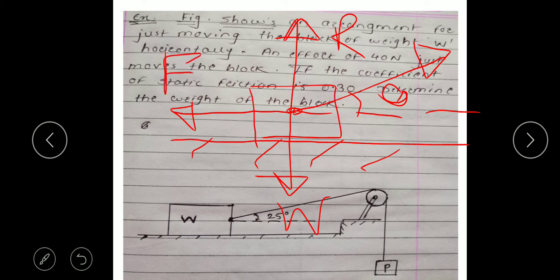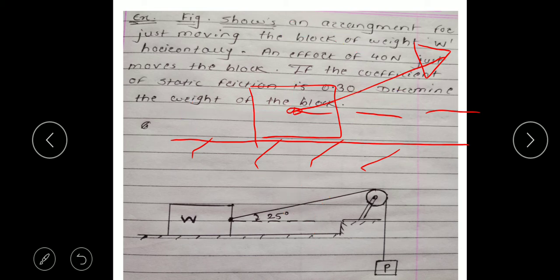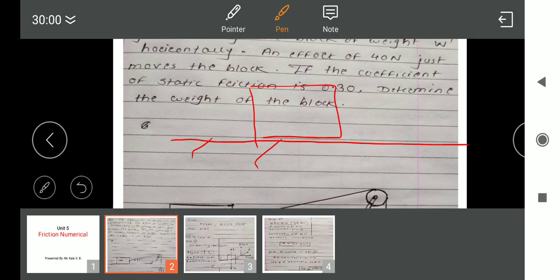So don't create confusion in your mind because of this P direction, because if you apply the 40 here, then that 40 will be present at every point of the rope, because just because of that 40 Newton the body is going to move. It is not going to be lost somewhere, and with the help of this given data we need to find out the W. So already we have written the given data here, so come to the real one.